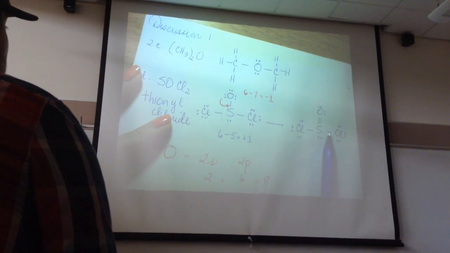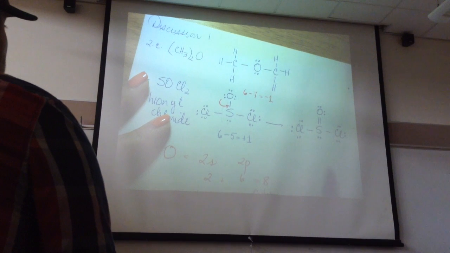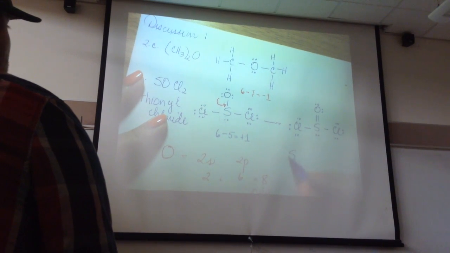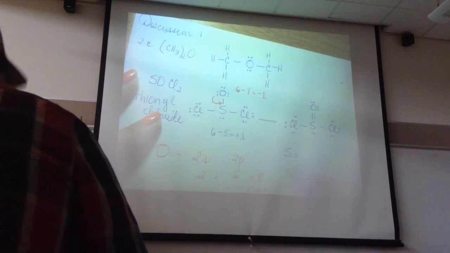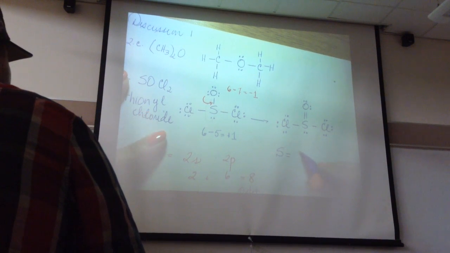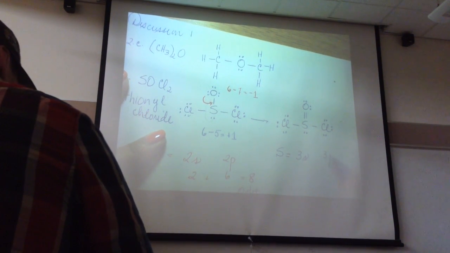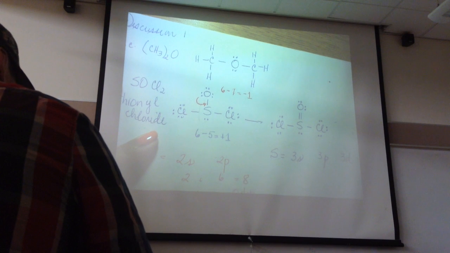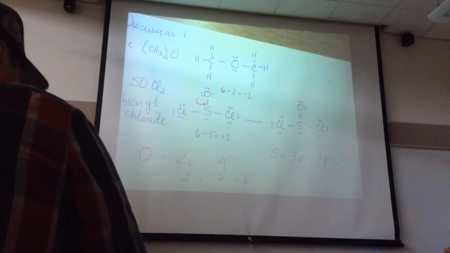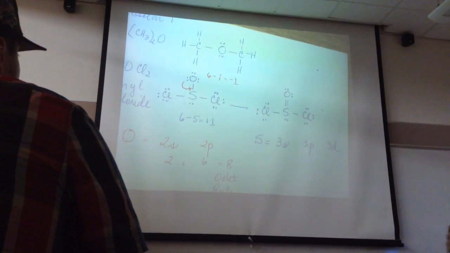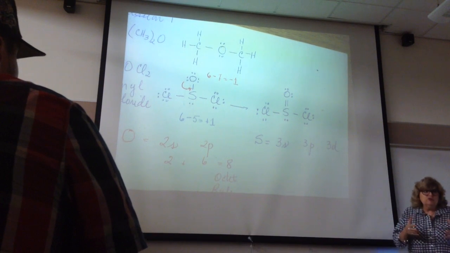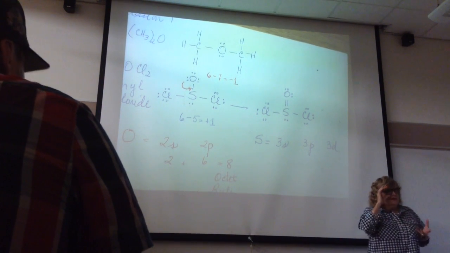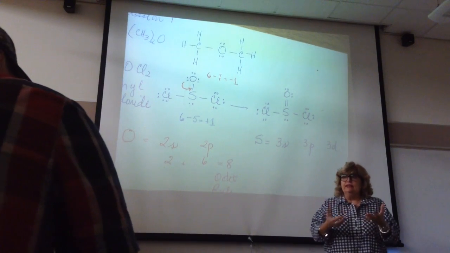2, 4, 6, 8, 10. Why can you? Sulfur is in the third energy level. Sulfur in the third energy level, you have the s orbitals, you have the p orbitals, and you have the d orbitals. They're there. They're the total opposite of what we saw with the oxygen. The orbitals are there. I don't need to use them, but if somebody gives me the extra electrons, I certainly